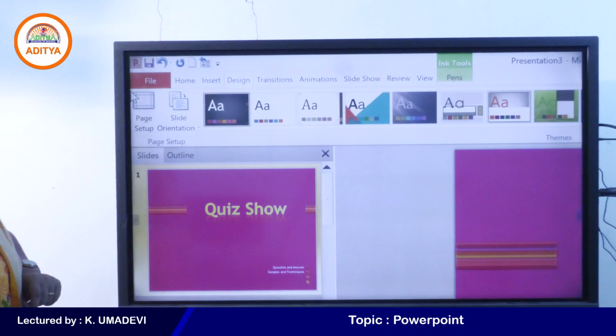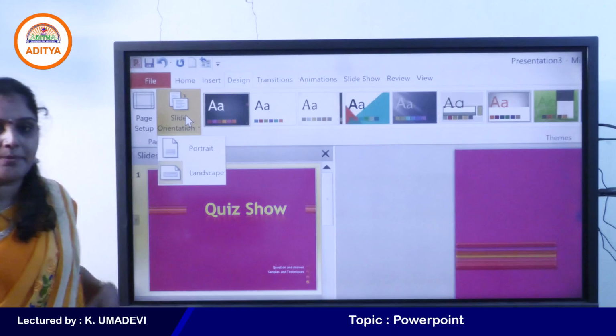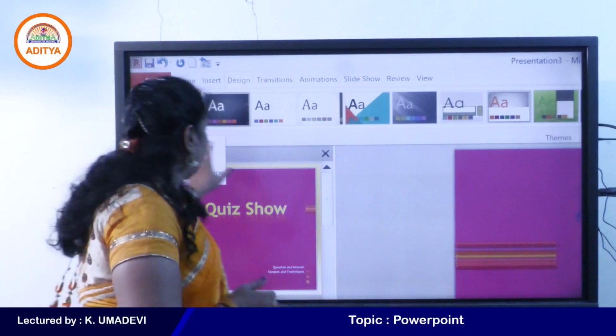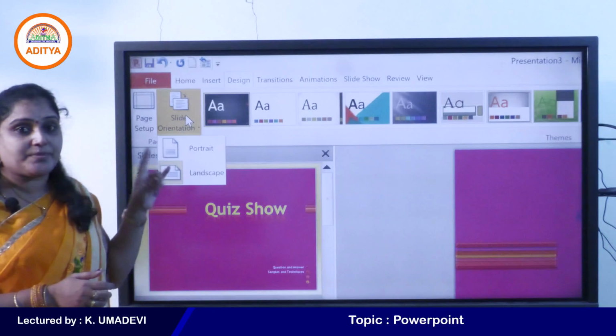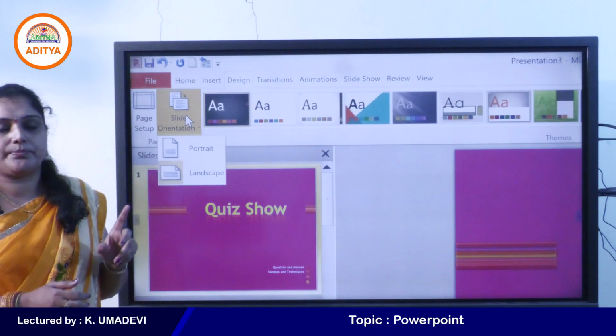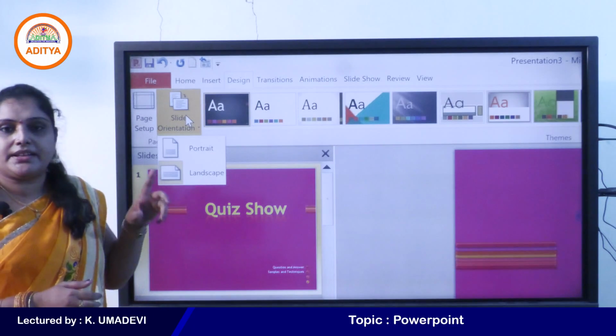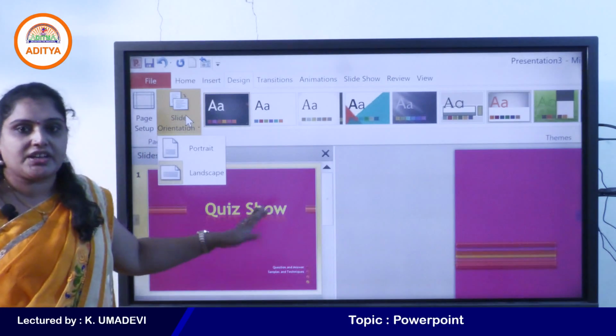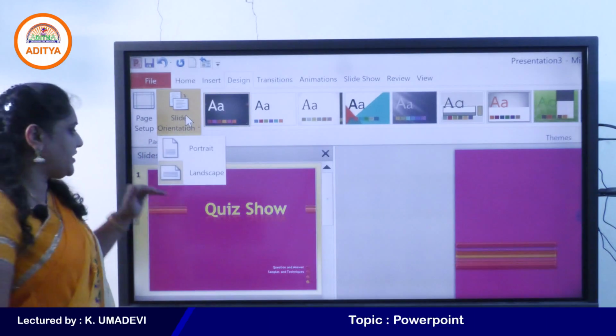Clear? Yes. Again, slide orientation is available. Slide orientation contains again portrait and landscape. See, in MS Word and Excel, the default orientation is portrait, but for a PowerPoint presentation, the default orientation is landscape.